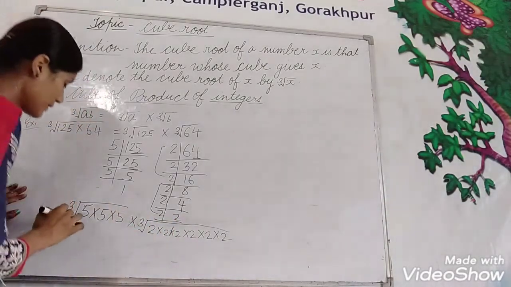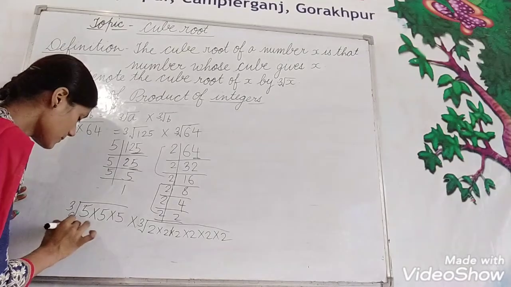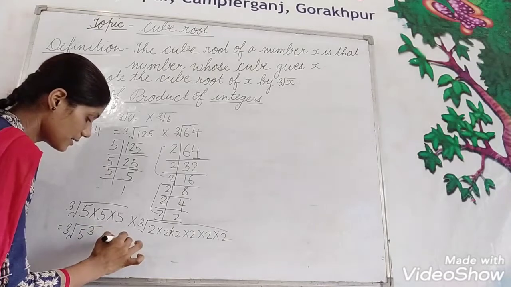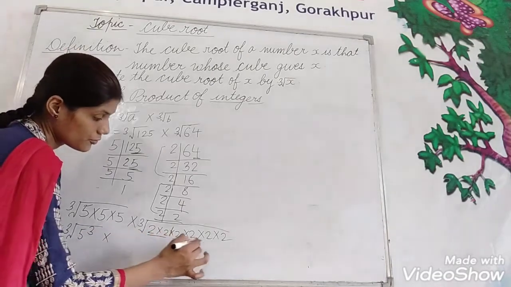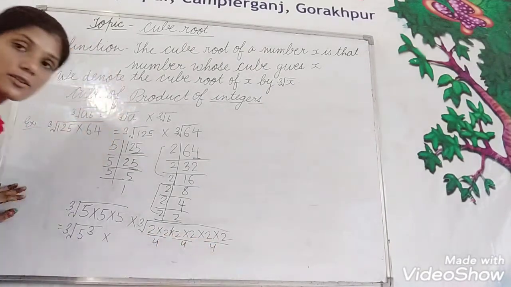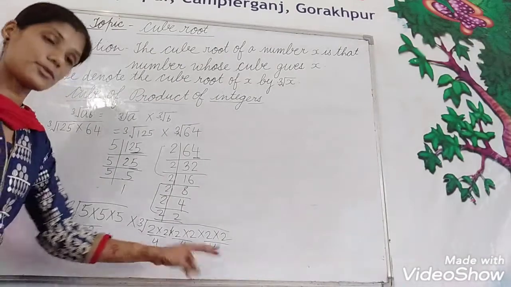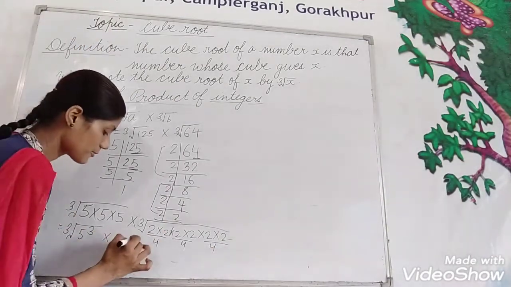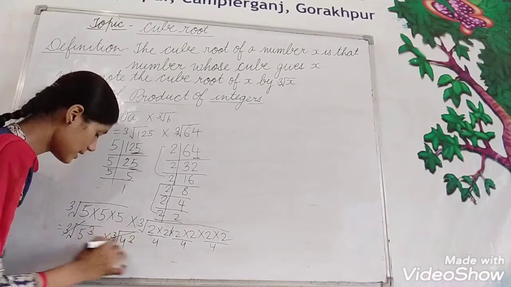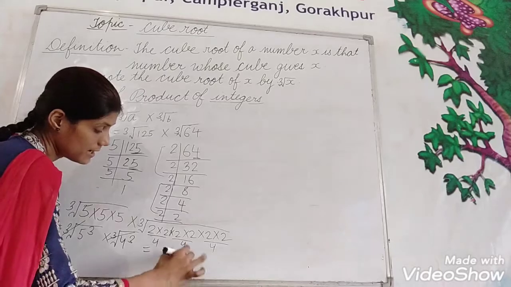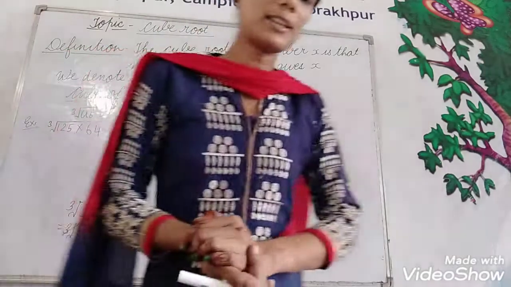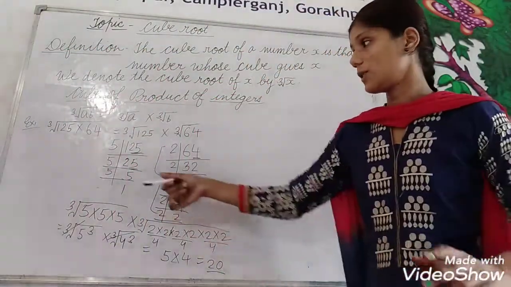Okay. After that, we write like this also, 5 to the power 3, and here 2 2s are 4, 2 2s are 4, 2 2s are 4. So we write 4 to the power 3, and the 3 cancels with the root. 5 multiplied by 4, 5 4s are 20. That means your answer is 20. Okay, in this condition we solve separately.